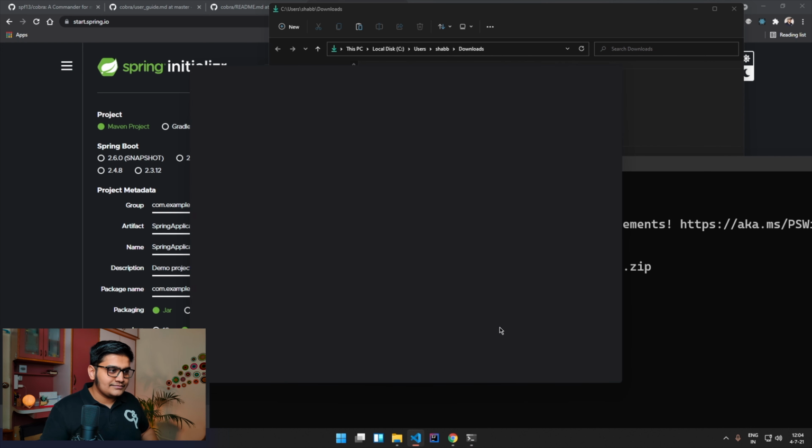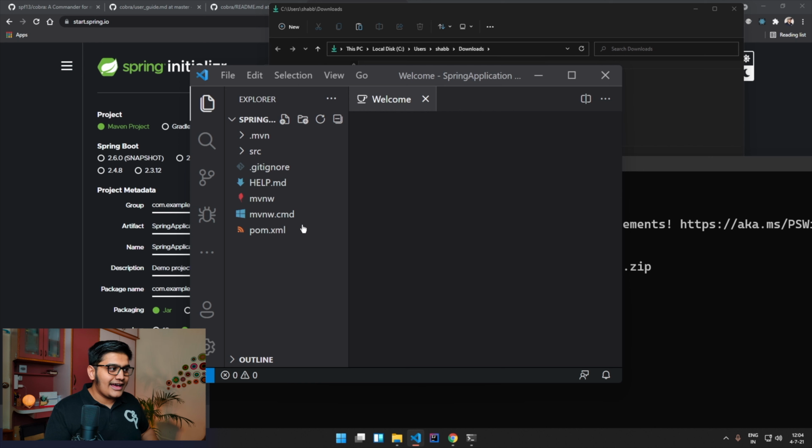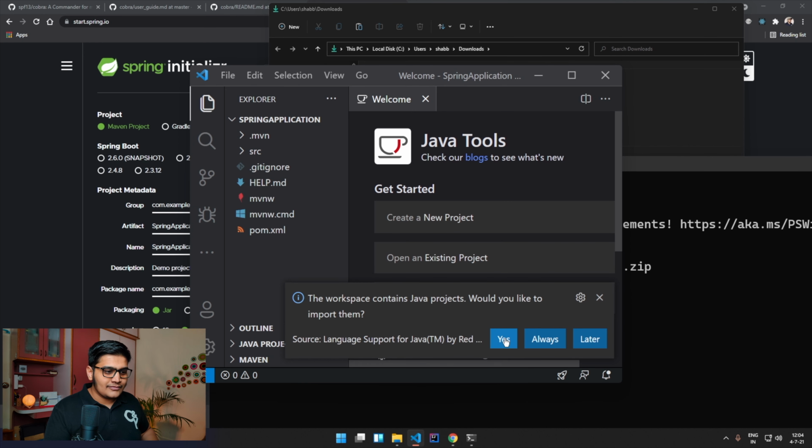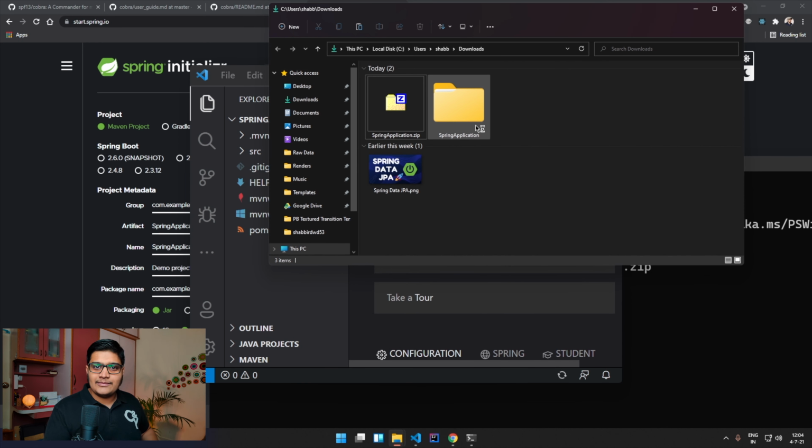So let's see that. Here you can see that it directly opened in VS Code, and here you can see that the unzip also happened over here. This is just a simple application that I have created to demonstrate how we can create a CLI application using Go and the Cobra library. So let's jump to VS Code and create this application.